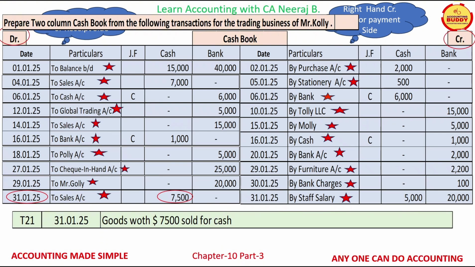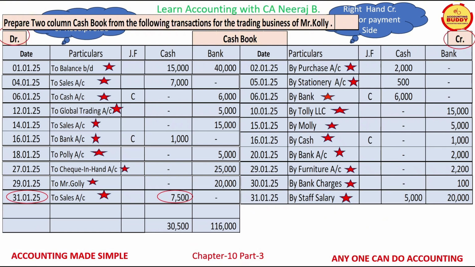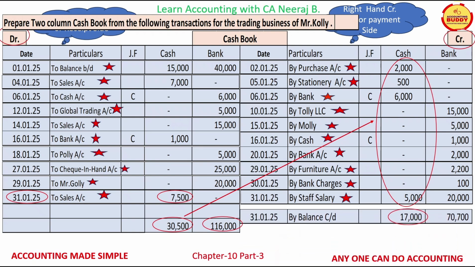Let us now do balancing of the cash book. First, let us do the totaling of the left-hand debit side columns of cash and bank. The total of the cash column is $30,500 and the total of the bank column is $116,000. Now if we deduct all the cash column transactions on the right hand credit side of the cash book from the total of cash column on the left hand debit side, we are left with a balance of $17,000 in